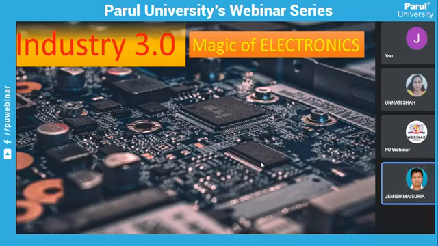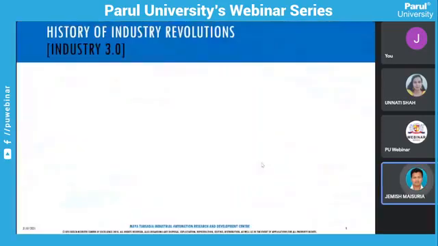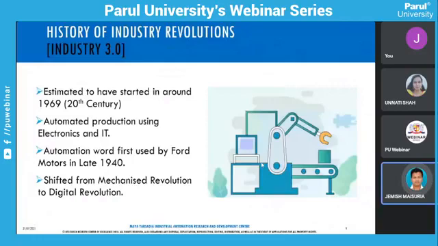That is your industry 3.0, whatever we call automation. The devices and machines in your industries are automated using these electronic devices, or IT related field. That started in the 20th century.